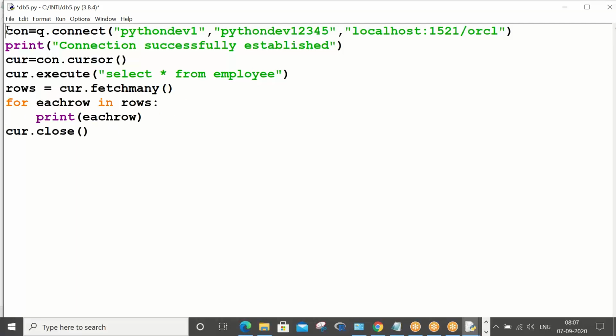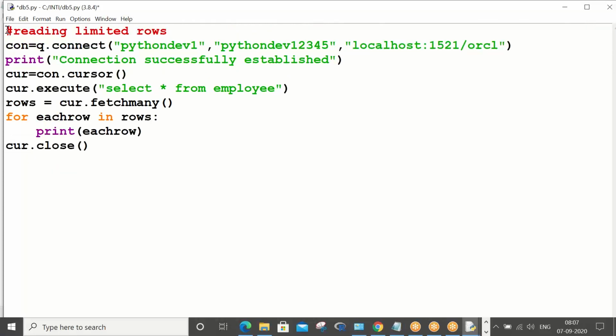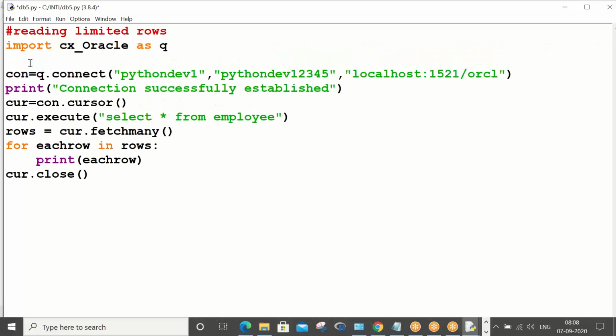Wait a second. So connected, connection established, cursor object, execute, select star from employee, right?